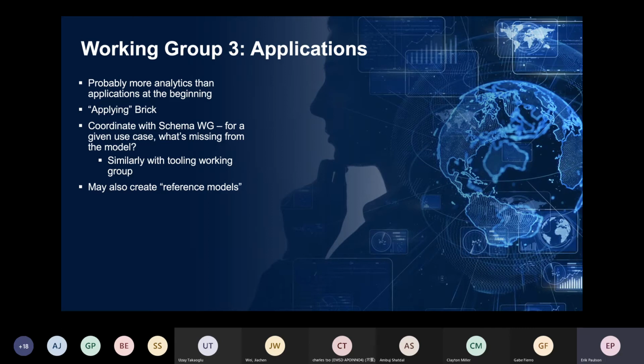So this group is going to work closely with the other working groups, especially the schema working group, and somewhat with the tooling working group, to give them feedback. And we think that the applications working group may have some overlap with the schema working group for creating reference models. So an important question is, how do I actually use Brick and how do I apply Brick in this use case? A couple of sample buildings with good documentation of how we modeled this building with these characteristics in Brick is very instructive for people who are picking up and trying to use Brick to model their own building. And we think this working group will do some of that as well.